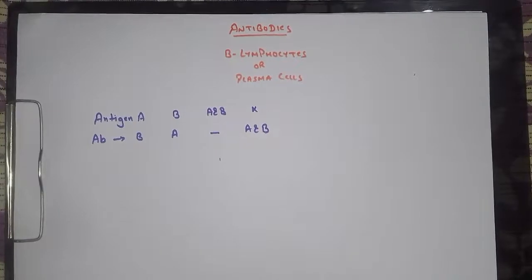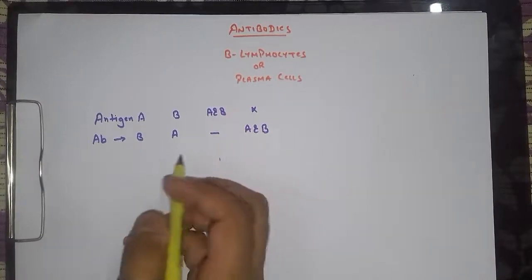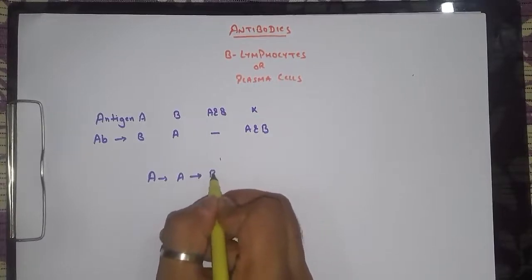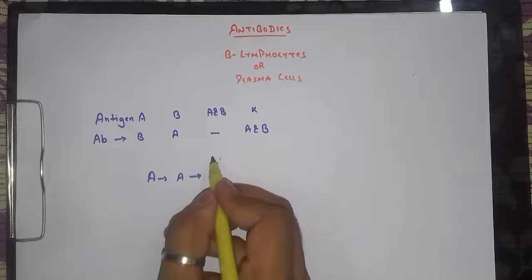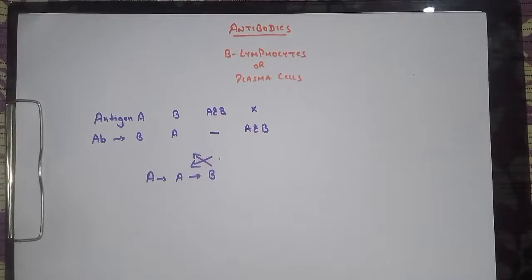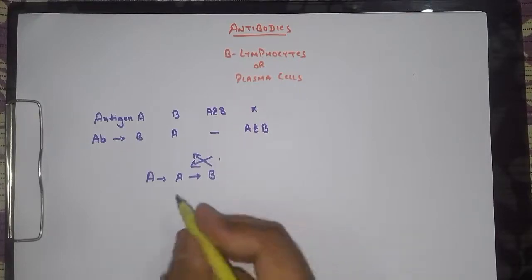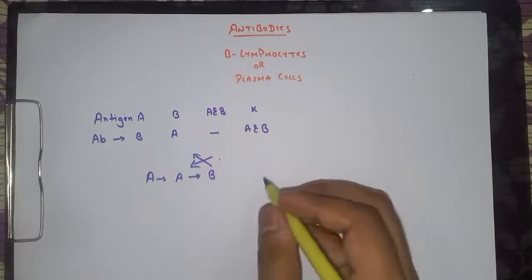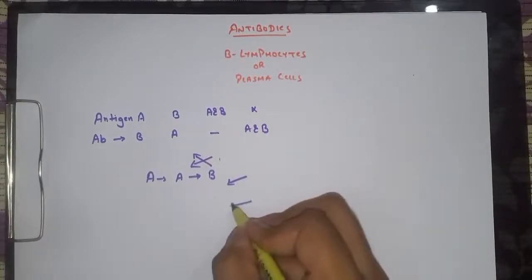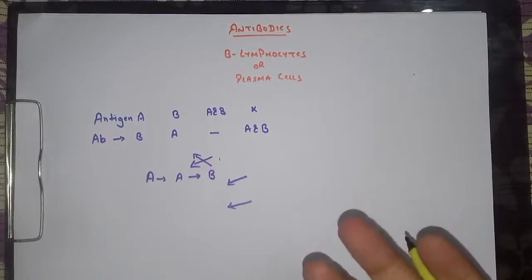How does the child's immune system know whether to make antibodies A or B? So it all depends on the blood group. A person having blood group A has antigen A, so automatically the antibody will be B. If it made antibody A, then the antibodies would directly attack antigen A and there would be hemolysis. So one question arises: whether the child is having the antibodies from the beginning. No. When the baby comes out, it receives the antibodies or the antigens entering into the body. Antigens are either foreign substances which provoke